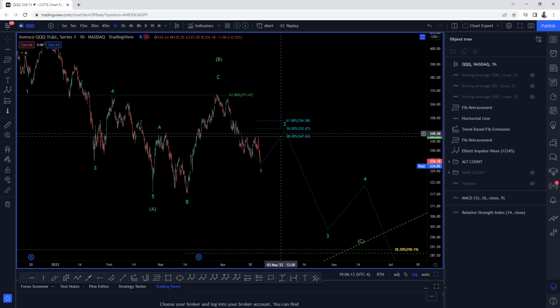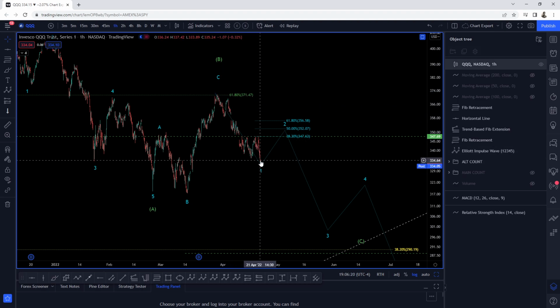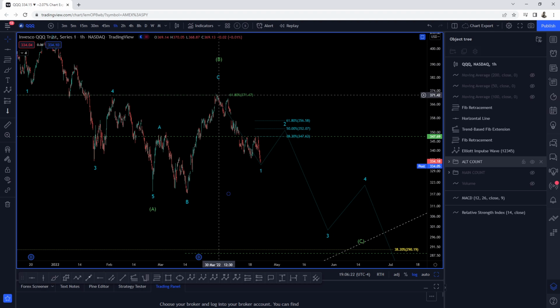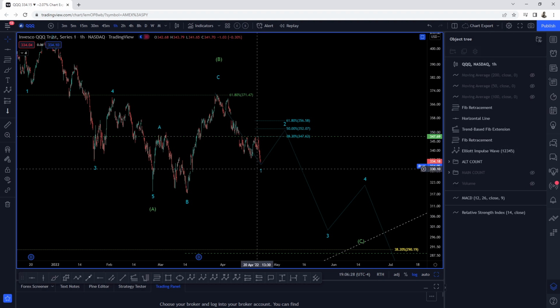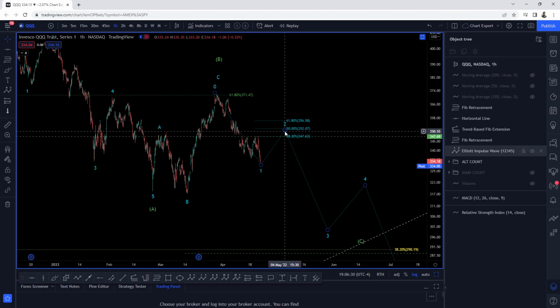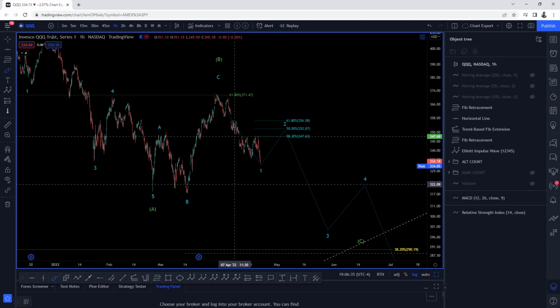Okay, once we see this 3-wave pullback, if today was the low of wave 1, because we can still count that, right? 1, 2, 3, 4, and 5. Okay, we subdivide this and take off fib ratios. I'm guaranteeing you that it will match up and pair up correctly. So considering that this may be the wave 1, wave 2, 3-wave pullback, and then we head lower. So watch out for this area, because this is good.